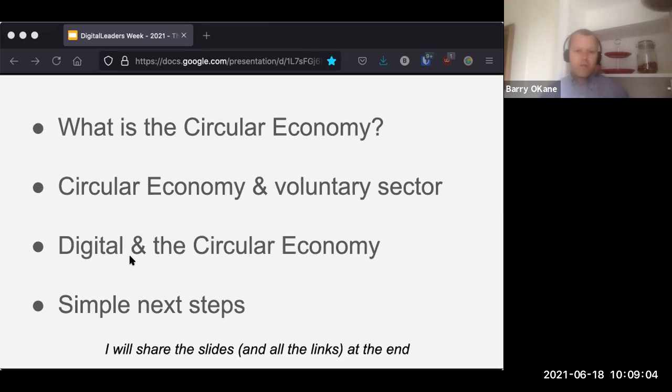So what I want to try and do today is to focus on introducing the circular economy and why it matters, first of all, and then where that applies to the voluntary sector. And then I'll touch a little bit on digital and circular economy, and try and finish up with some simple next steps. There's a fire hose of information on these topics, so hopefully it's not all too